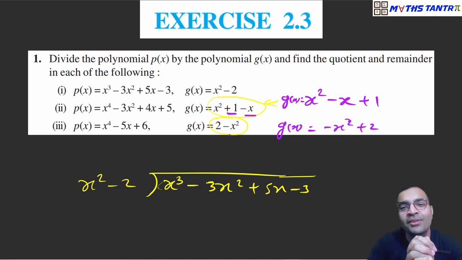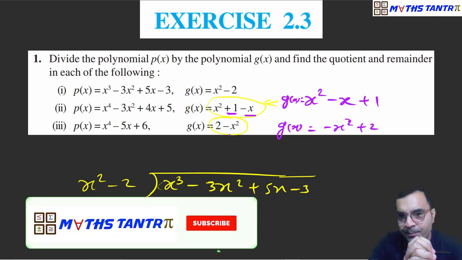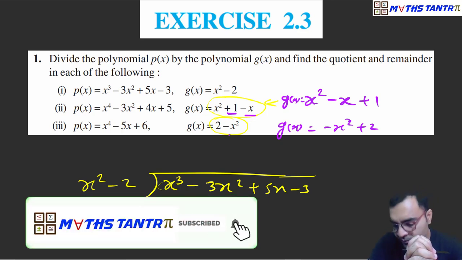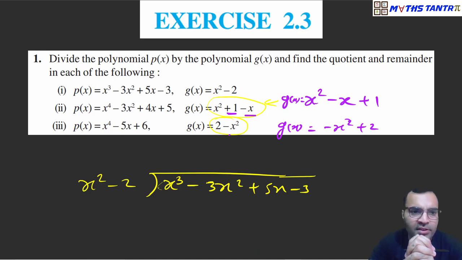In last class, we have seen how to divide a polynomial by a different polynomial, how to find the quotient, how to find the remainder. So this first question, out of which for 1, 2, 3, I gave you the homework in exercise 2.3. And so today we'll solve these three questions, how to divide a polynomial by a different polynomial, when we need to stop dividing. Okay, so let's start.